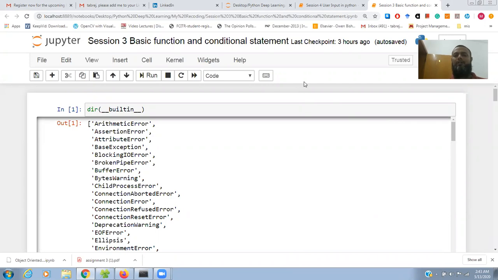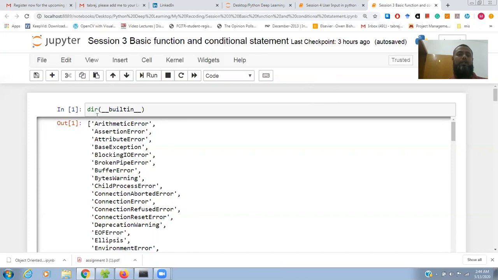And so far we discussed how to install Anaconda, and second, how we can make simple basic data types like list, tuples, and all these things. Now today I'm going to discuss the basic functions, how we can create a function in Python, and also some conditional statements like the if else statement. So we'll see that in this video.